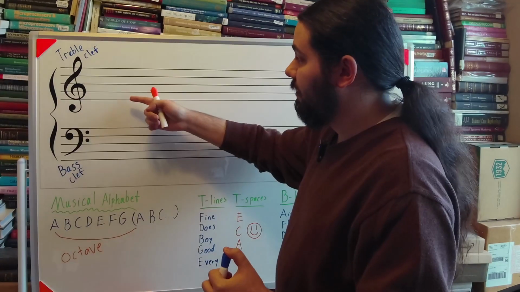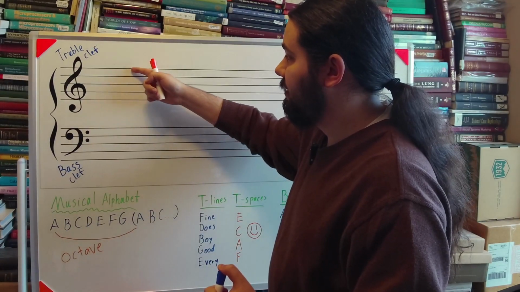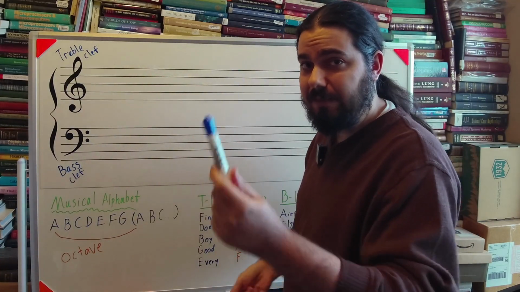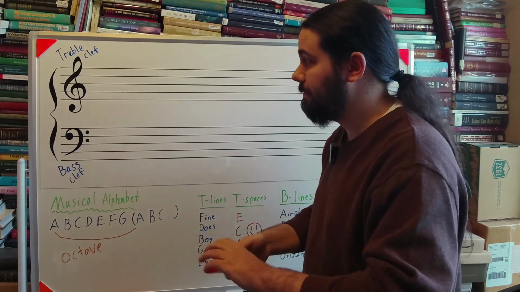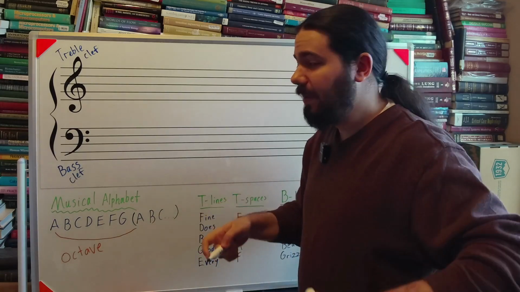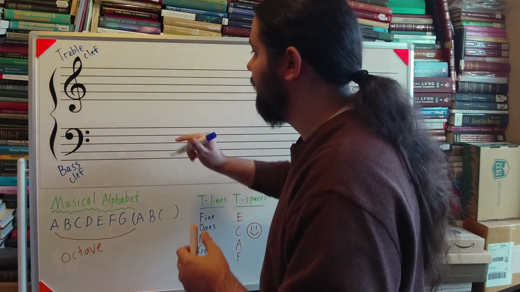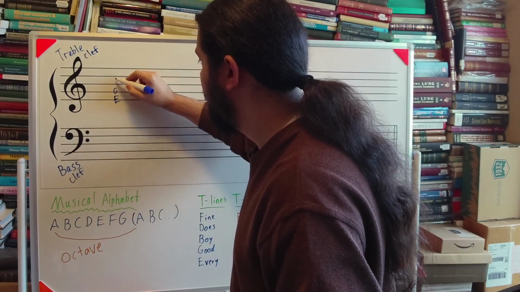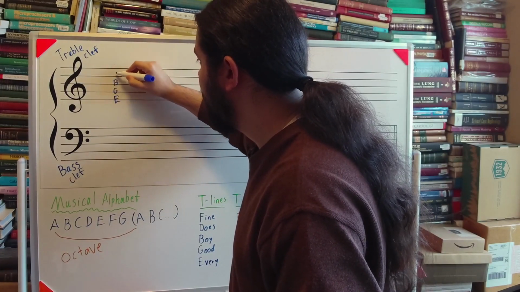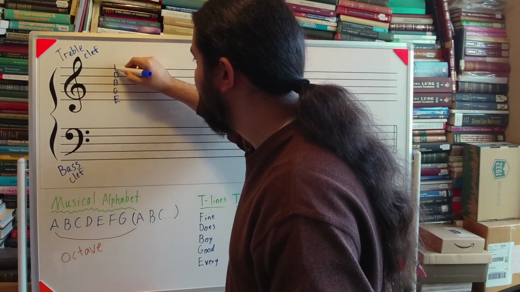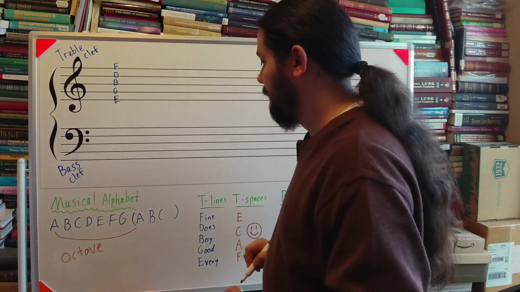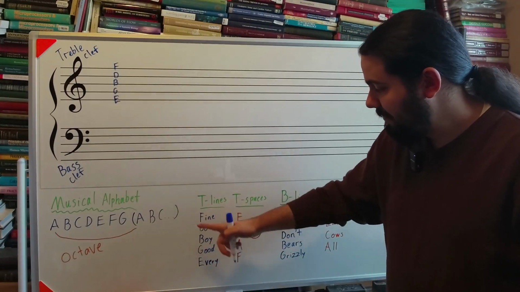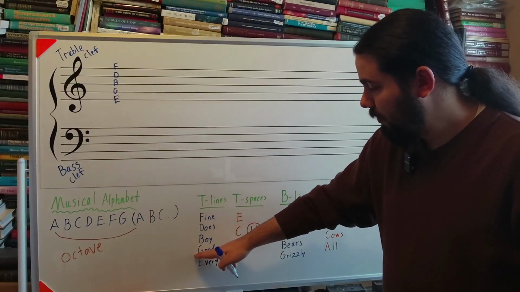There are some notes that are going to be on lines and some notes that are going to be on spaces. I'll use blue to denote lines and orange to denote spaces. So first, with the lines, we have E, G, B, D, and F. And I have down here a handy way to remember it if you want, starting from the bottom up. Every good